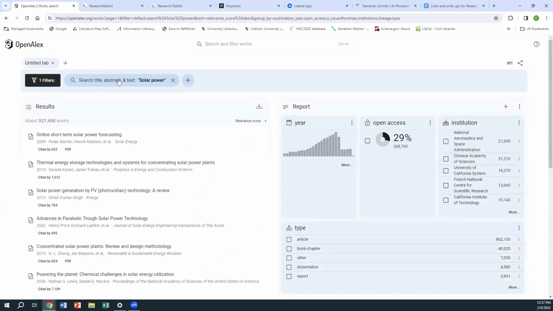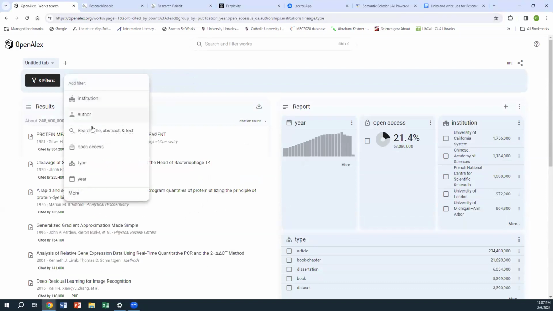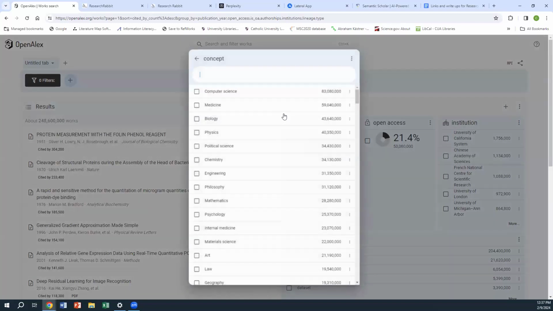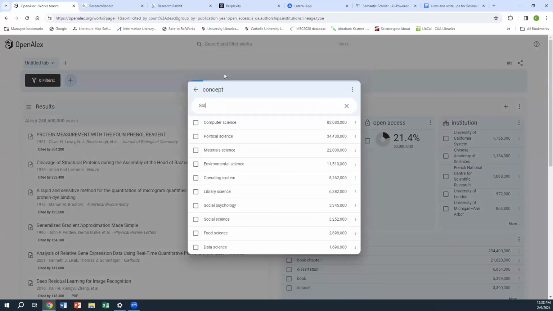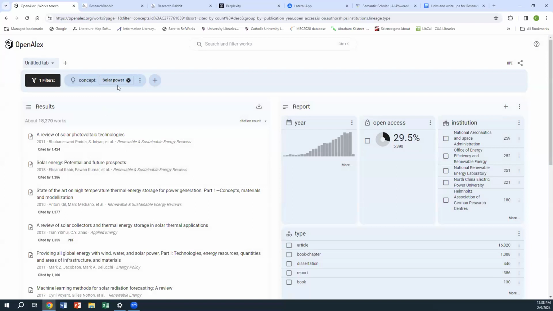And it's defaulting to title search first. Let me try, let's see, concept search. Solar power. Okay, and so by doing the concept search, we now see our list of results here on the left-hand side,